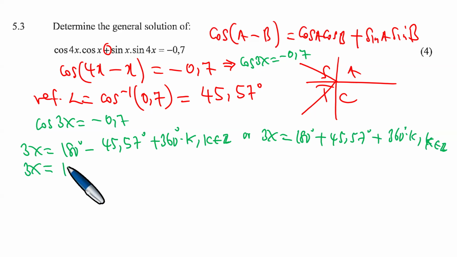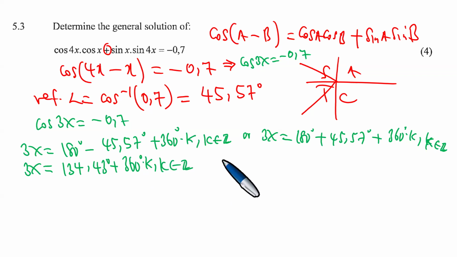We're getting 134.43 degrees plus 360 degrees by k, an element of the set of integers,